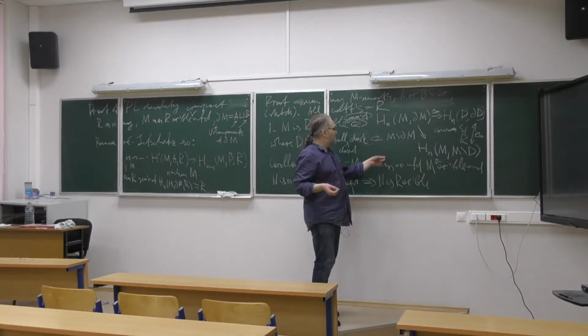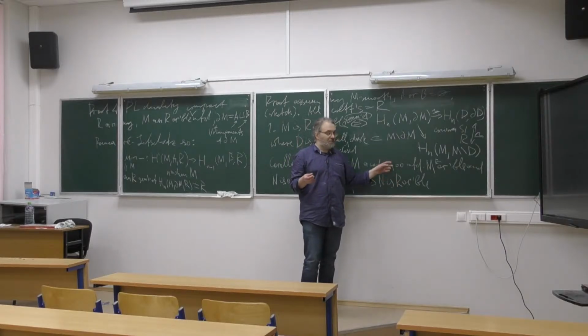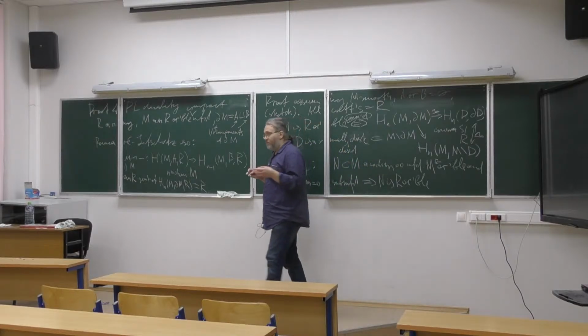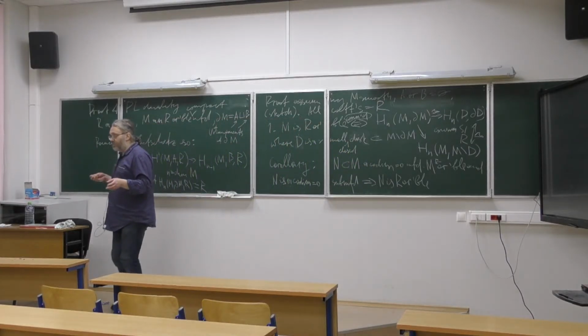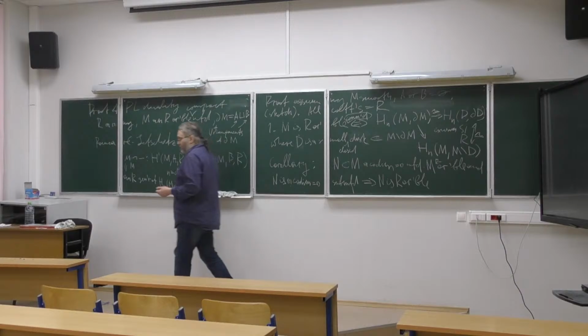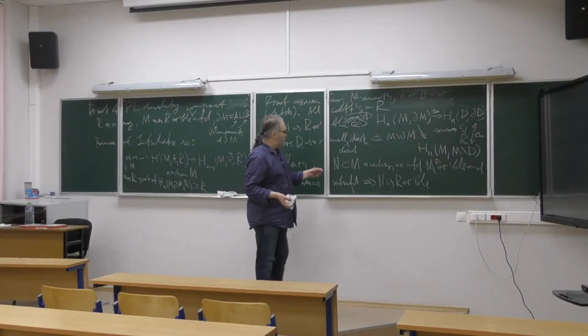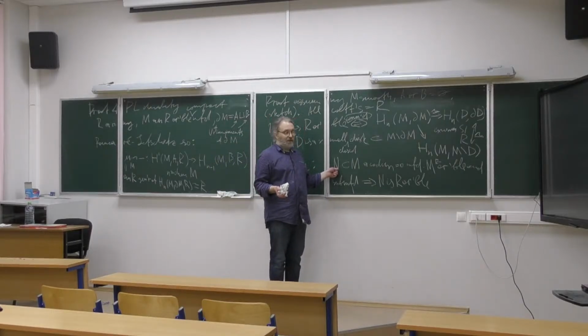And using this, it's straightforward to deduce that a codimension 0 submanifold of an orientable manifold is again orientable. Basically, we take a small disk in the interior of N. It's contained in the interior of M,